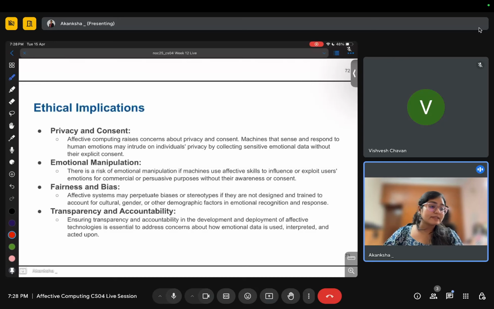So first is the privacy and consent. It is going to be a major issue that machines can collect sensitive emotional data without their consent. Emotional manipulation we've already discussed. Fairness and bias can be there. Transparency and accountability. Transparency means what exactly is happening within the system, how is it working. And accountability, very important. Something goes wrong and then you don't know what to do. आप कुछ प्रोडक्ट खरीदते हो, then for customer support there is someone, it's written on the product. Now you buy a robot which is very emotionally intelligent, AI based वगैरह वगैरह सब कुछ बढ़िया है,